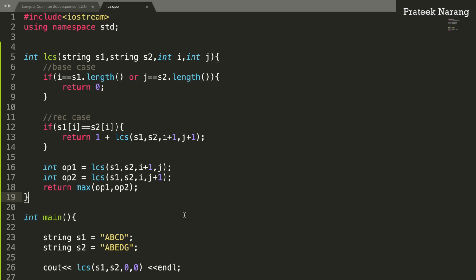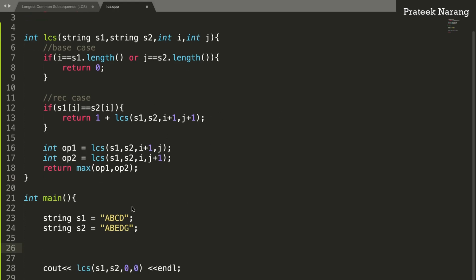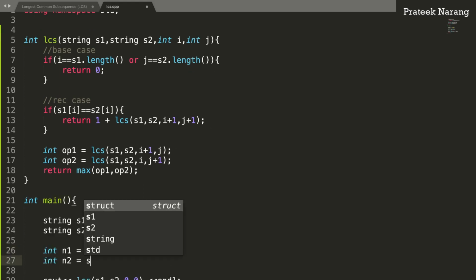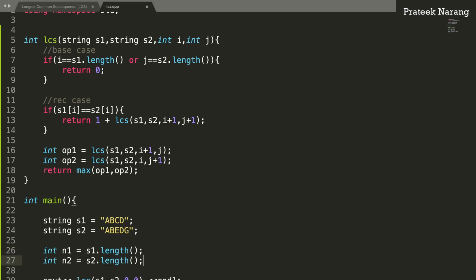So what we are going to do is first find out the length of strings s1 and s2. So let's say int n1 equals s1 dot length, and int n2 equals s2 dot length, right?